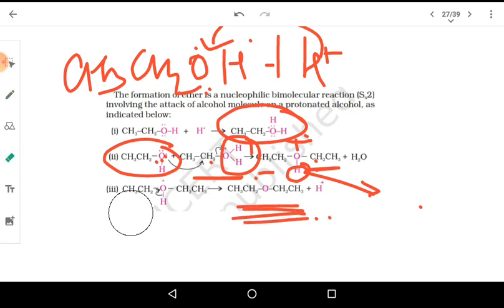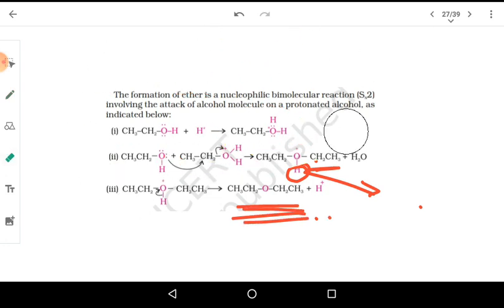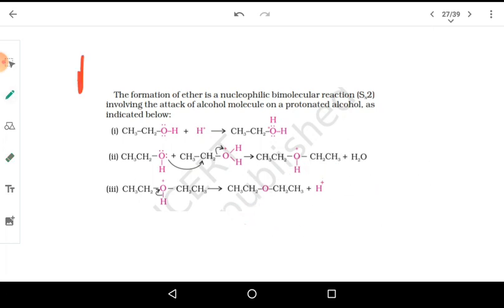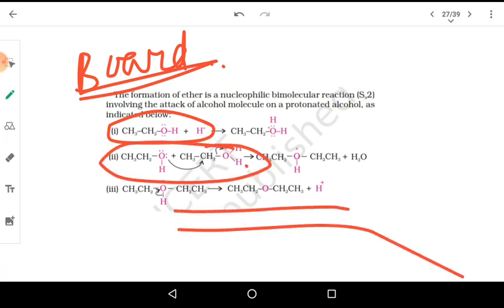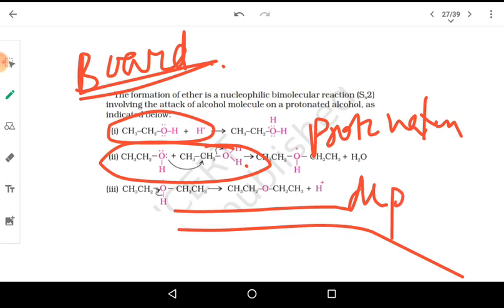over here, right? No need of studying the mechanism in depth, but for the board examination this is important. Simple thing: first we have to treat it with H plus. Second step, we have to treat it with the same alcohol again, and in the next step we have to deprotonate. Protonation here, formation of carbocation in the next step, and in the last step deprotonation. That will give us the corresponding product.